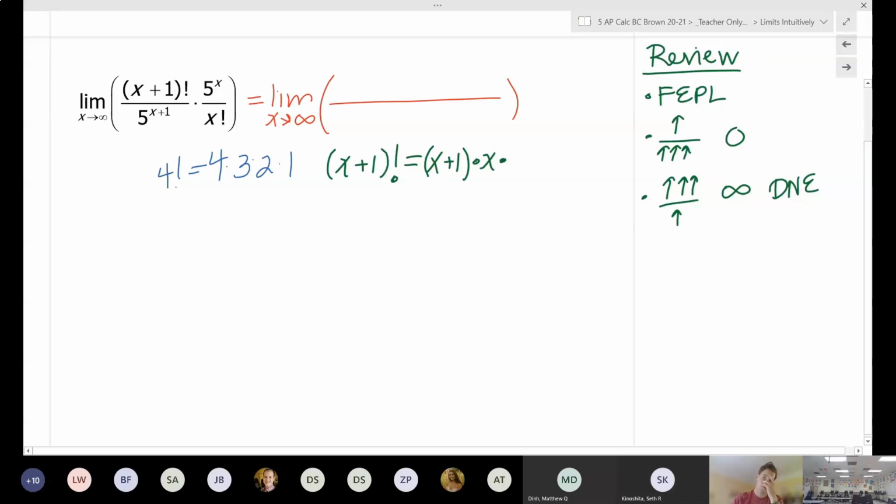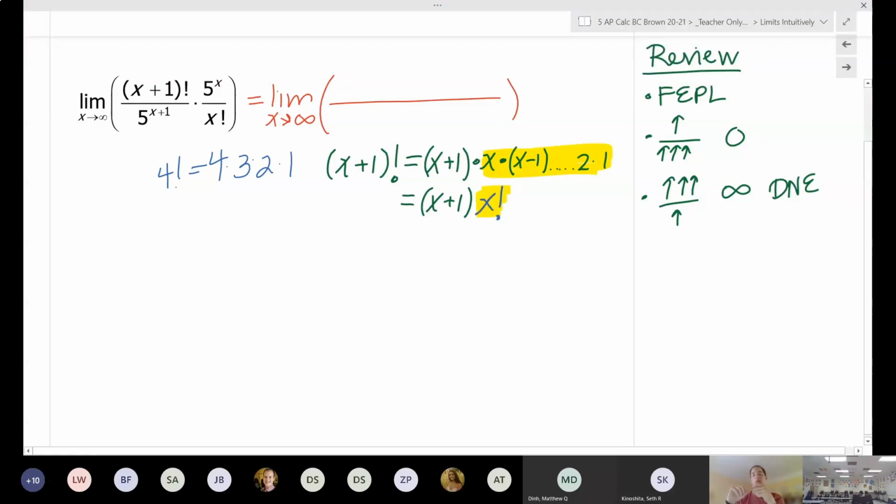X minus 1. X minus 1. And we could continue that, like x minus 1, x minus 2, but we know we'll eventually get down to 2 times 1. But we can actually simplify that a little bit more and condense it. So I know I have this x plus 1 here. When I was starting with x and multiplying all the way down to 1, I know that that's the same thing as writing just